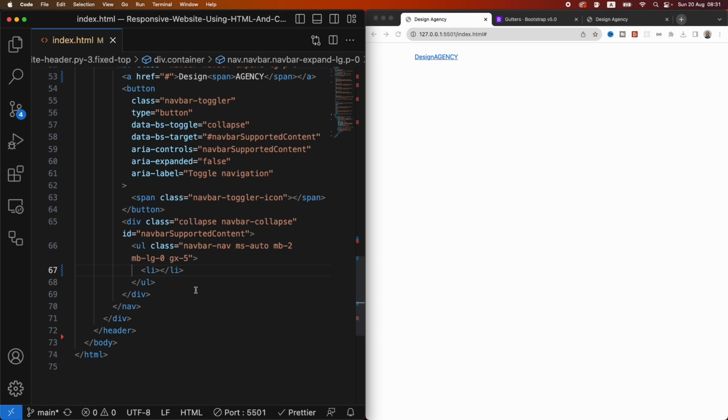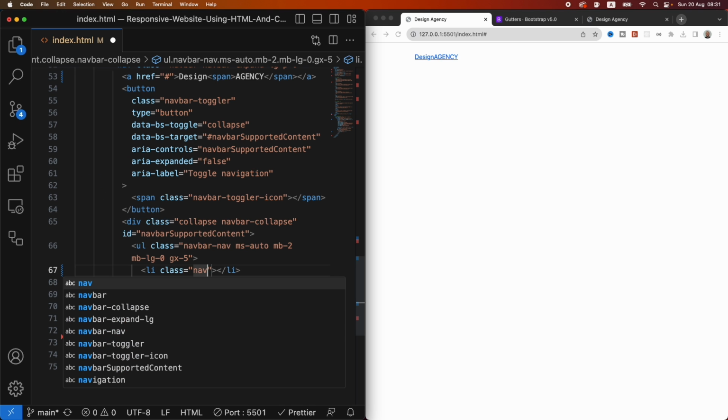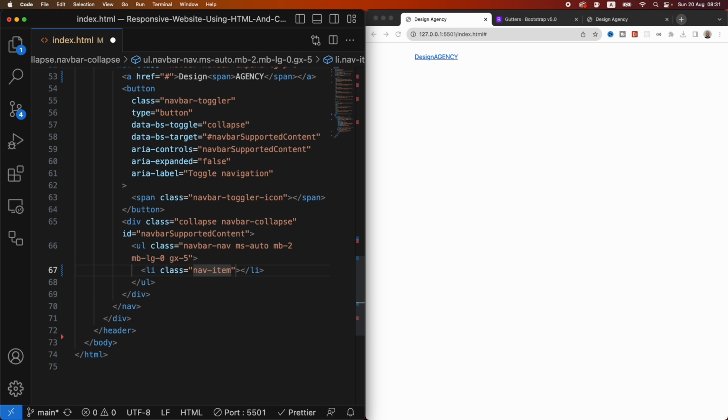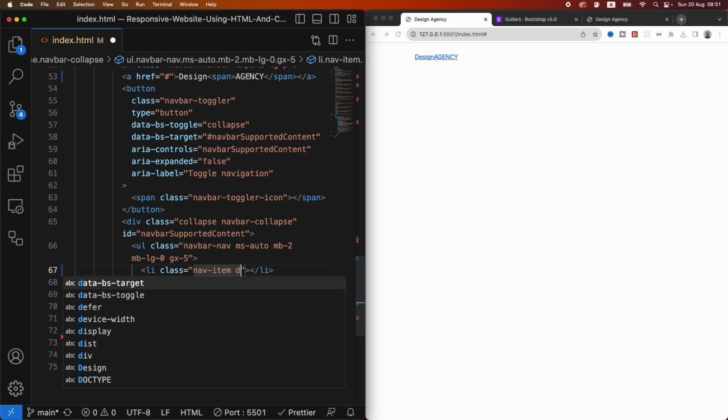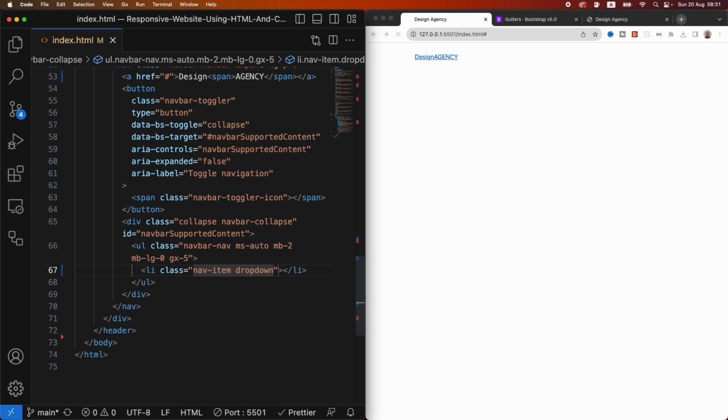And then our list item is going to have a class of nav-item, and then space dropdown. Inside of this list item, we're going to have an a element, and it is going to have an href of hashtag, because it's not leading anywhere now. We are going to be writing